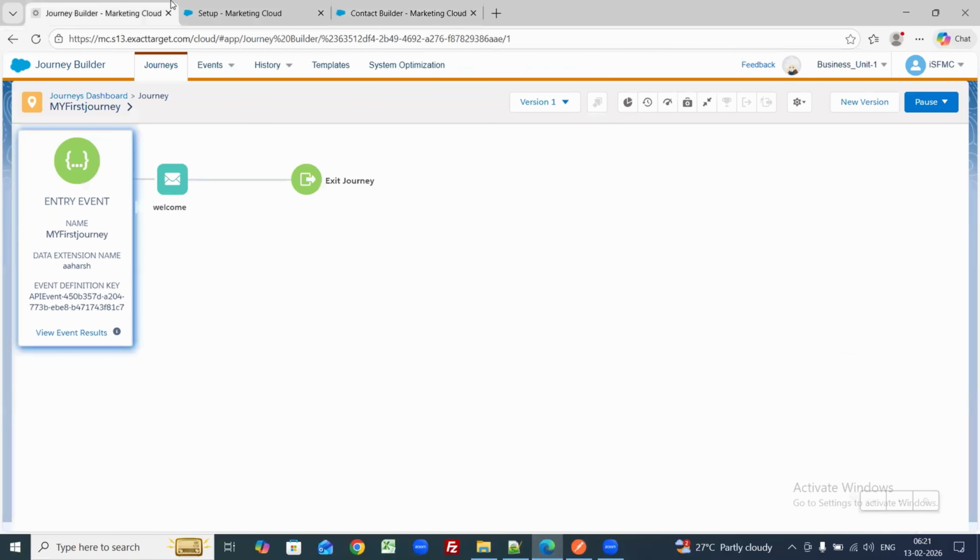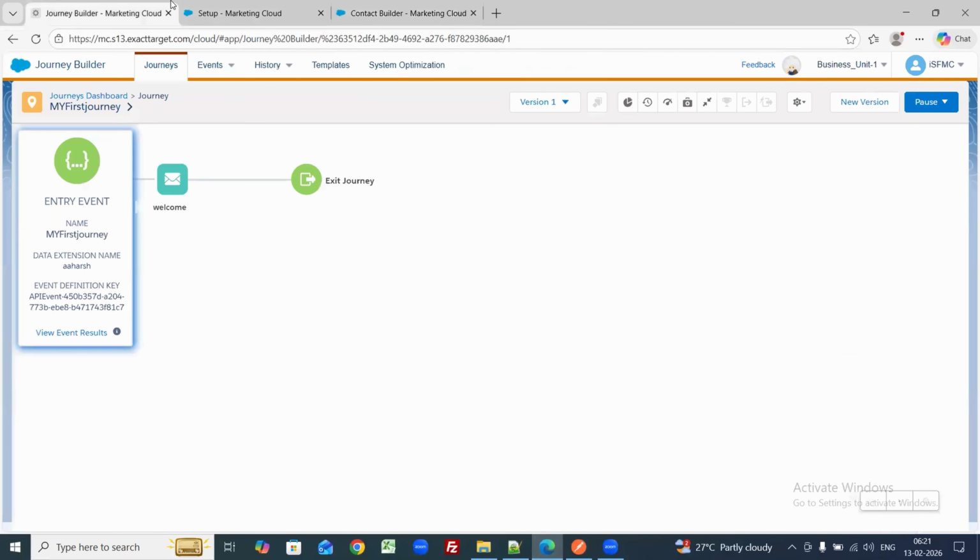And before sending all these things to the client, first we need to check whether we have configured our journey properly or not. So how we are going to test is with the help of this Postman, we are going to make API calls. And once the API call is done, if the particular subscribers have entered into the data extension and if we receive the email, our configuration is correct. Then we are going to send this client ID and client secret to the client, and they are going to configure these